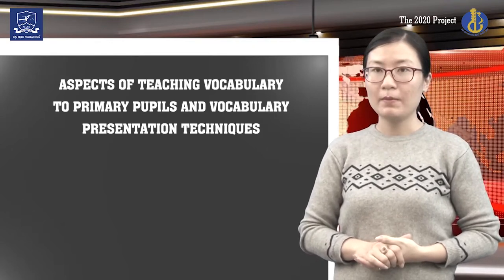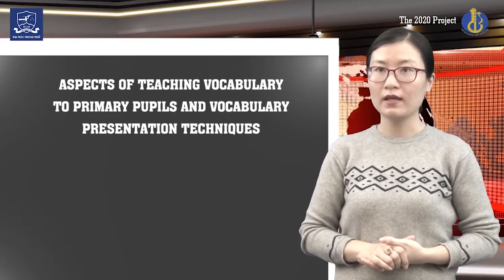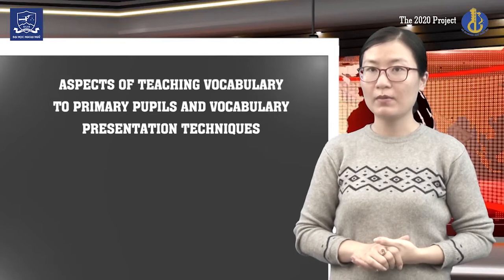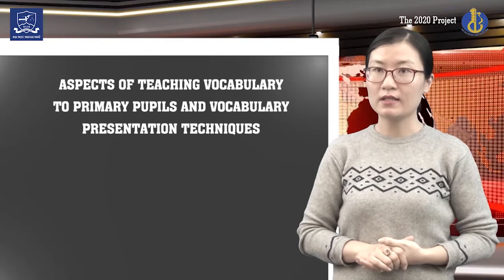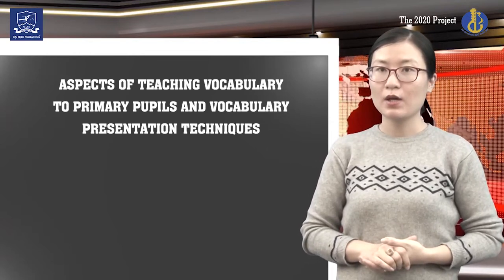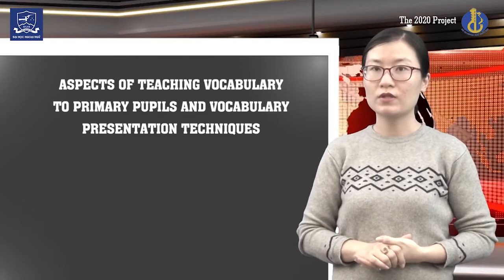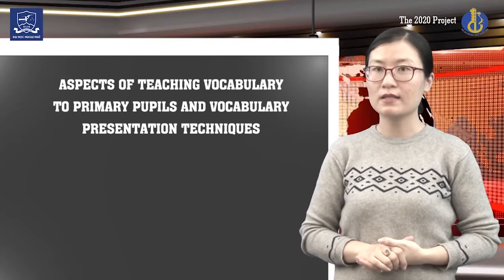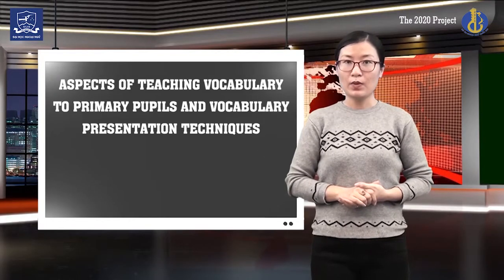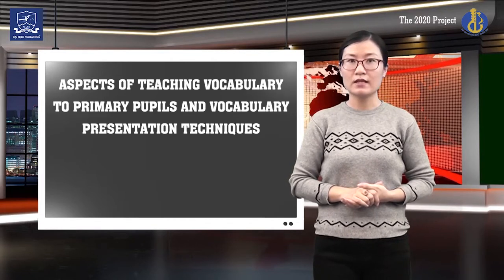Number 3, pupils can write the word with the correct spelling. Fourthly, pupils become familiar with the vocabulary in written form so that it is recognized when it is met in text. Next, pupils will know what the word means in the particular context in which it has occurred and know how to put the words into a sentence. More importantly, pupils can produce the word to express its meaning and use the word correctly in an original sentence,